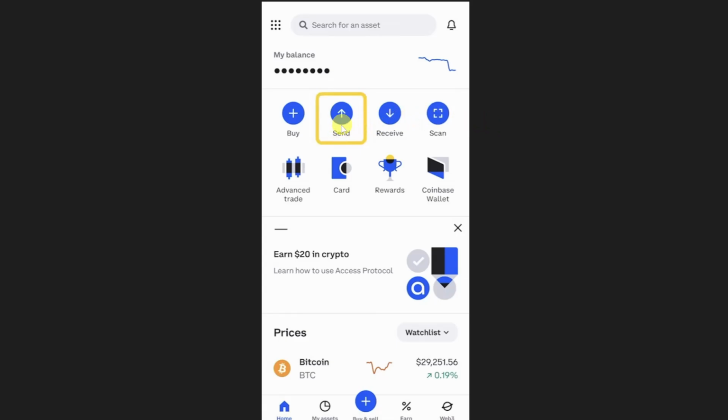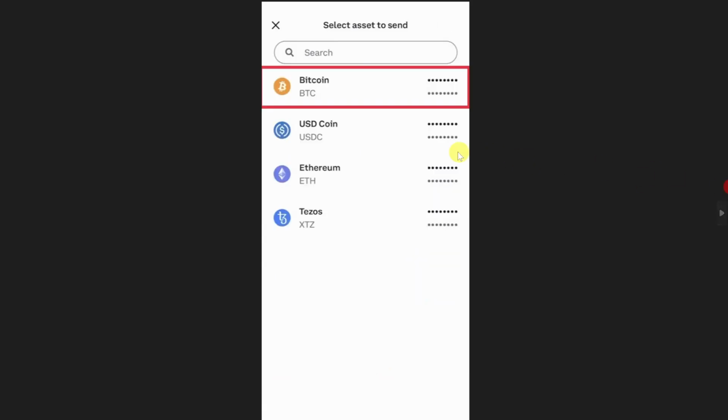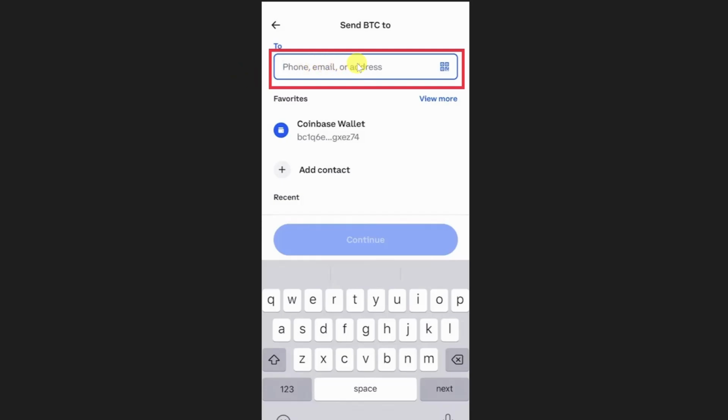After that, you have to click on this send button from the main options on your screen. Then it will list the cryptocurrencies that you can currently transfer. So you just have to click on the cryptocurrency that you want to transfer. I will just select Bitcoin from here, and then in this area you have to paste the wallet